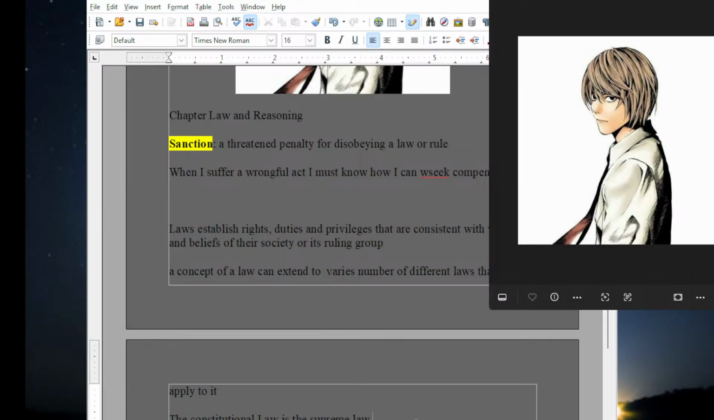Constitutional law, supreme law. Any law in violation of the Constitution, which shall